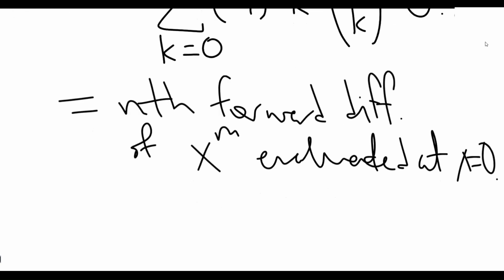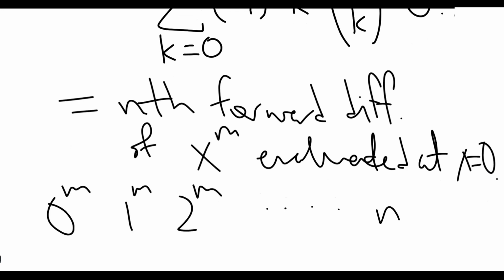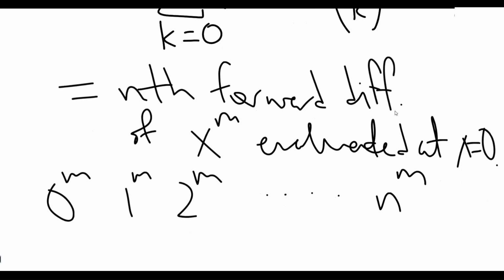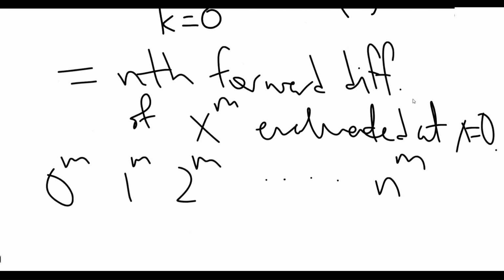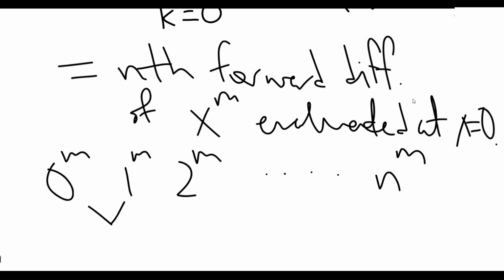So I've got 0 to the m, 1 to the m, 2 to the m, and so on. Then I take the differences repeatedly. So I do 1 to the m minus 0 to the m, that's 1 to the m, 2 to the m minus 1 to the m,